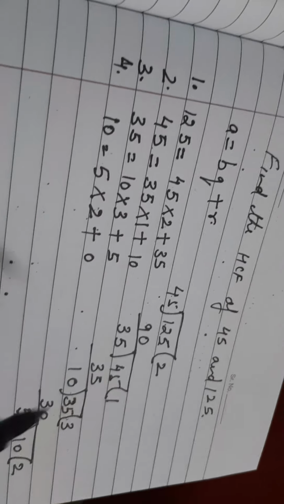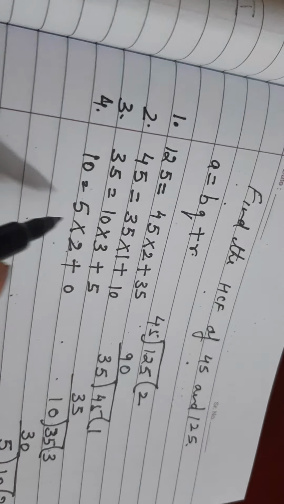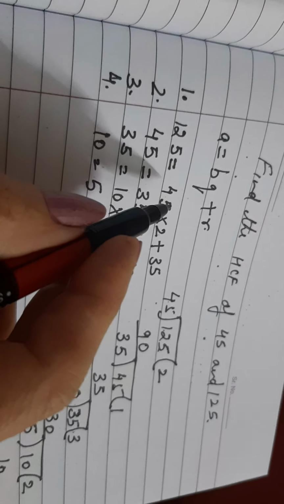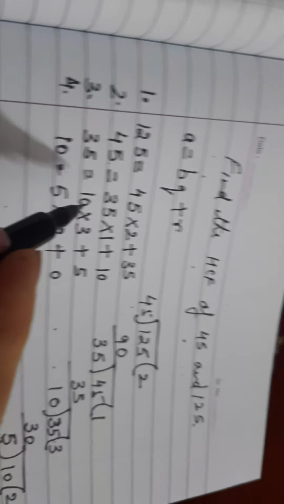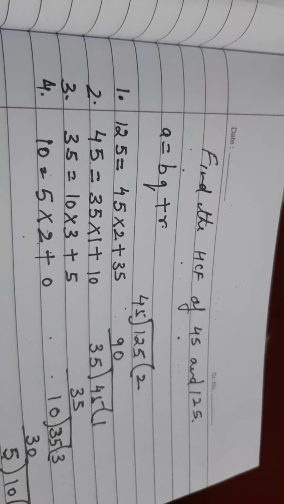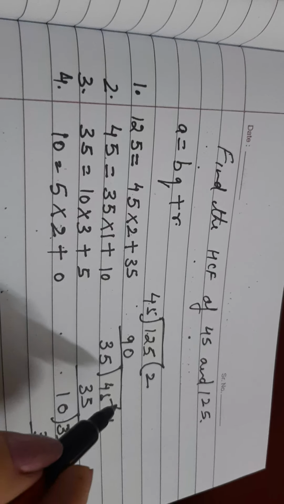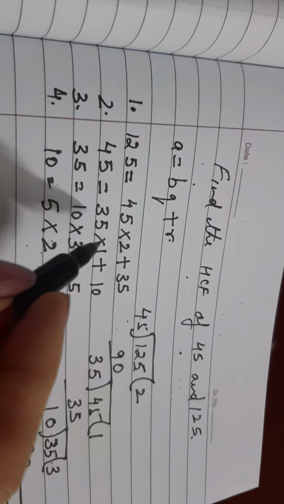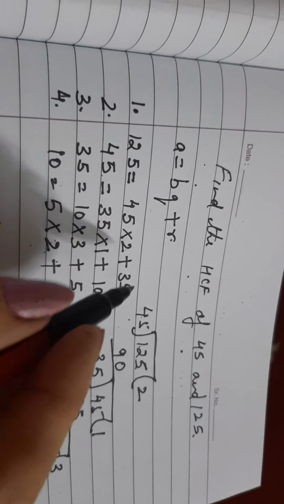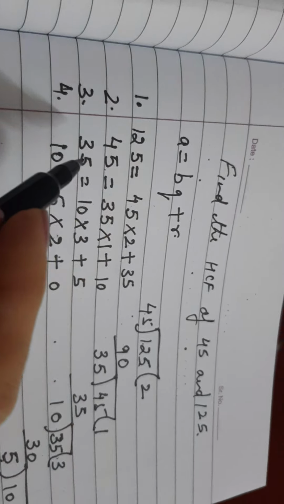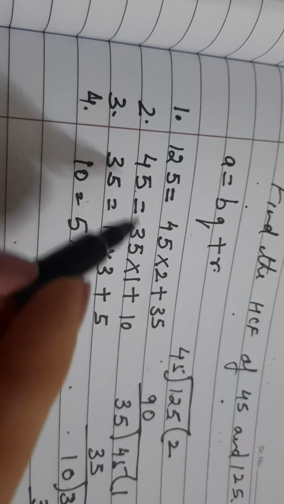Same thing. Now Euclid tells us some steps. Use these steps to find out the HCF of two numbers. So same one by one. First you can find out by this method and you can change it in the steps. This is said to be Euclid's division algorithm to find out the HCF of two numbers.